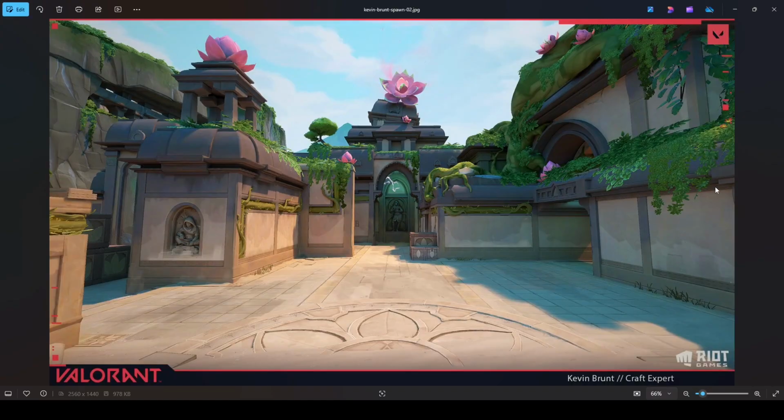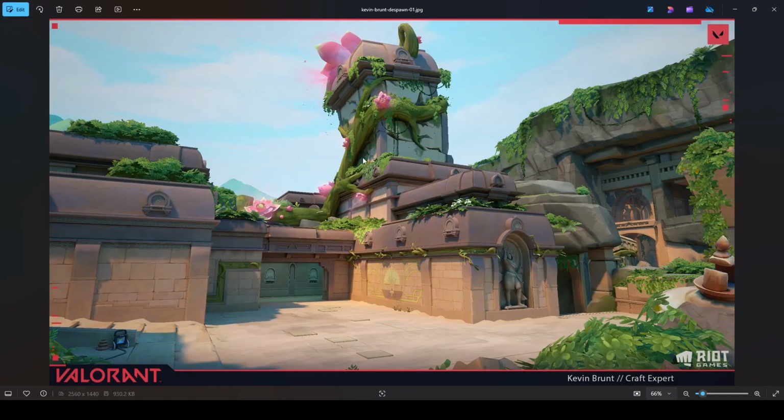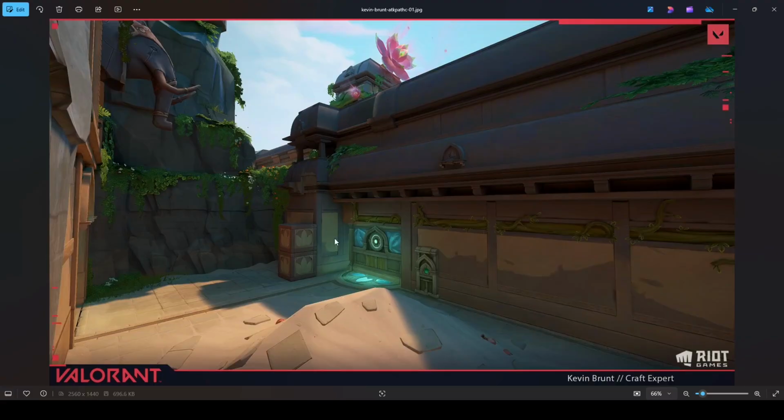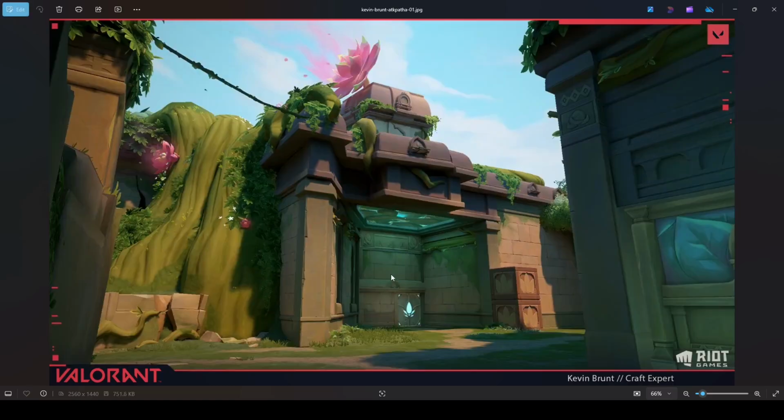And then you'll see these screenshots from Kevin Brunt, the principal artist at the time. You can see it from here. You can see it from the spawn. You can see it even from over here. I'm pretty sure even at player space, because he's not at ground level, but you can still see it. And even on this side, the opposite side of the map. So from pretty much every angle of the map you can see this thing now, and there's nothing else that